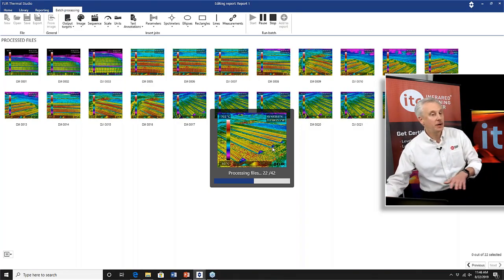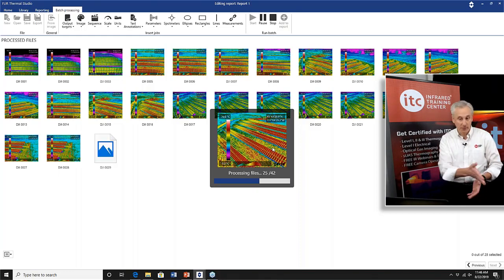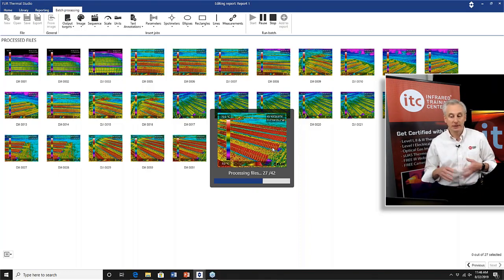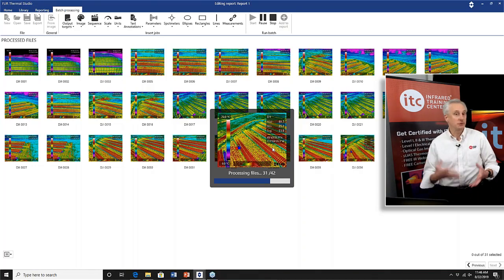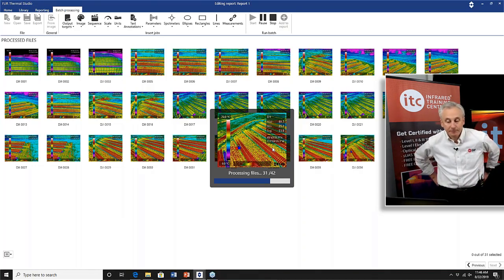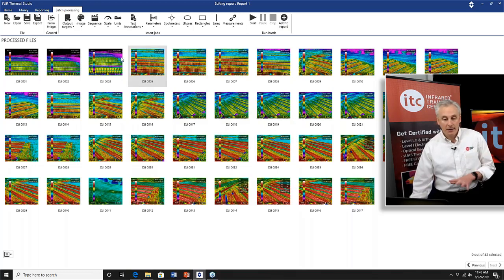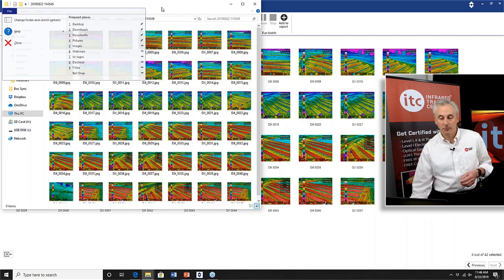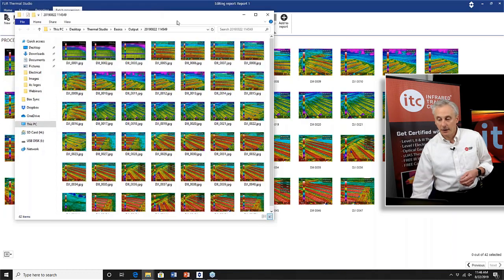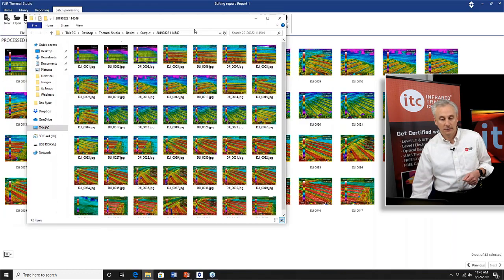And these are still radiometric, but you have the option, from earlier, to output in different formats. But with being radiometric, I can still bring them up in the software and still process them. And remember, it puts them in the output folder, which actually had automatically opened for us. So there you go. Now you have all those images,